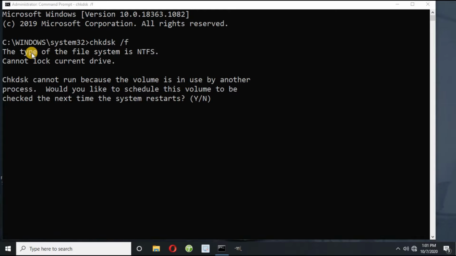It gives you a message saying the type of file system is NTFS, cannot lock current drive, and chkdsk cannot run because the volume is in use by another process. Would you like to schedule this volume to be checked the next time the system restarts? Y for yes and N for no. Here you have to type N and press enter.